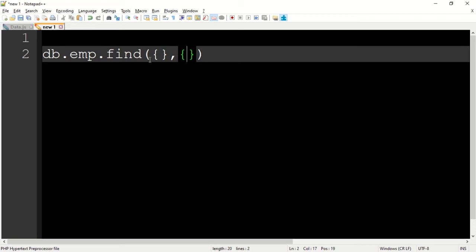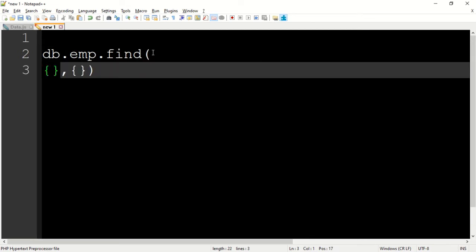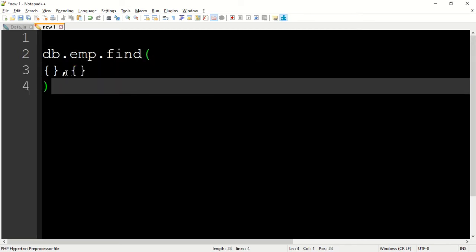The projection shows the number of columns or fields that must be displayed. So let's break it and see it properly. This is the query and this is the projection.